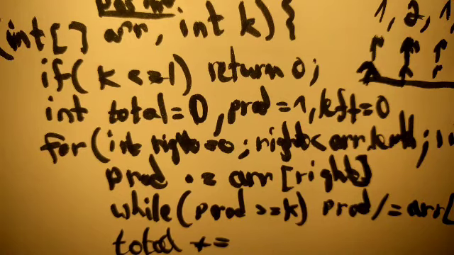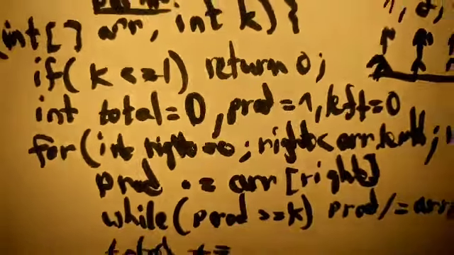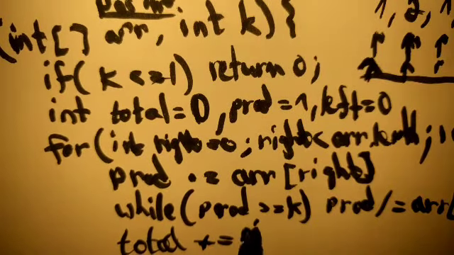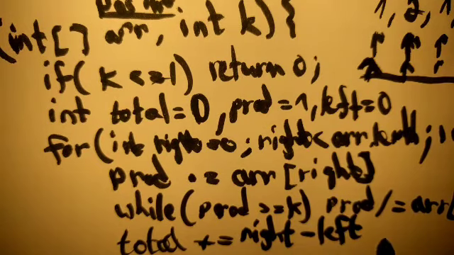How do we know the number of items between the two indexes? Well, it's simply the right index minus left index plus 1. If you have two indexes and you need to know the number of items, we explained before why it's simply this. Then the number of items between the right and the left side is right minus left plus 1,